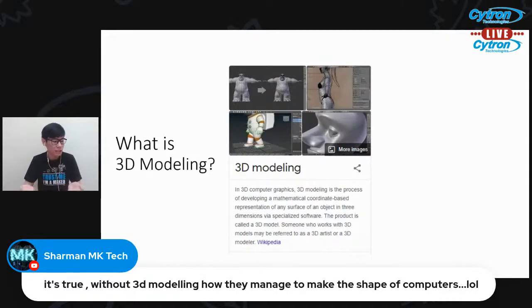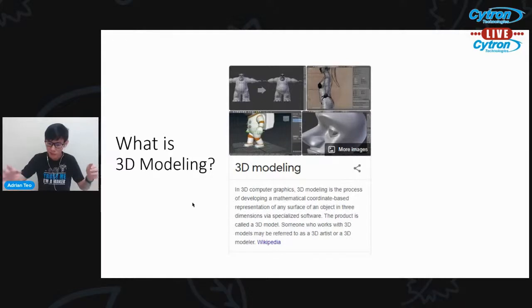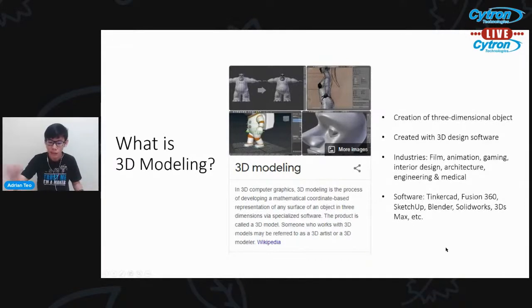So 3D modeling is how they manage and take shapes on computers. It's very direct: you draw using your computer software. Here are a few key points. Number one, it creates a 3-dimensional object. Number two, it is created with 3D design software. And number three,